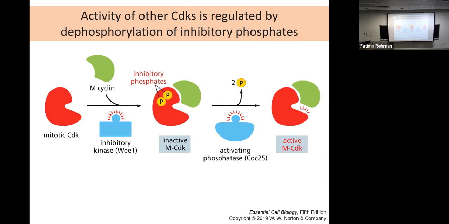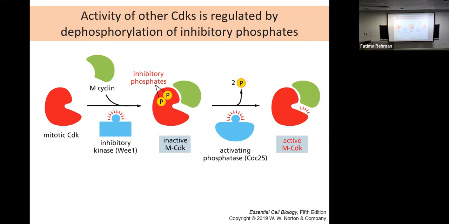So activity of other CDKs can actually have dual function, and cyclin B is in that category. So you have the mitotic CDKs, right? And you have the M cyclins, as we talked about, right? Which is cyclin B. Now, they actually don't work all by themselves. They need helper proteins with them. There are two helper proteins that are working in conjunction with cyclin B and CDK1 that are going to together regulate whether the cell is in G2 or in M phase.